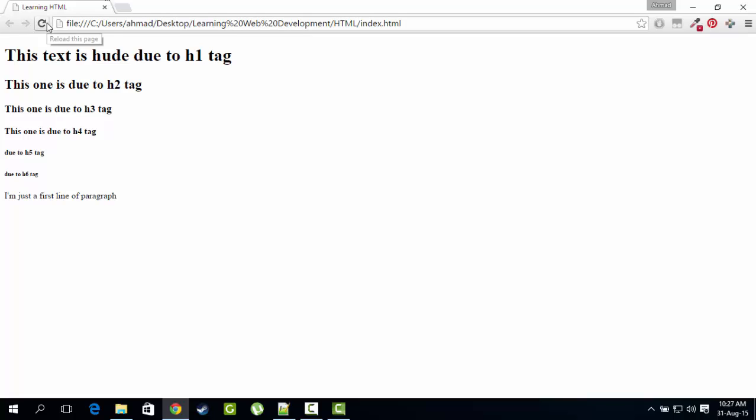Let's see it in the browser, and fine. So that's two different paragraphs. One is this and the second one is this. But if you notice, there's quite a bit of gap between these two lines, because by default a paragraph has a fair bit of padding on the top and bottom of it, so that it looks a bit nice and spread out. So what if we want the text to go directly below the first line here?